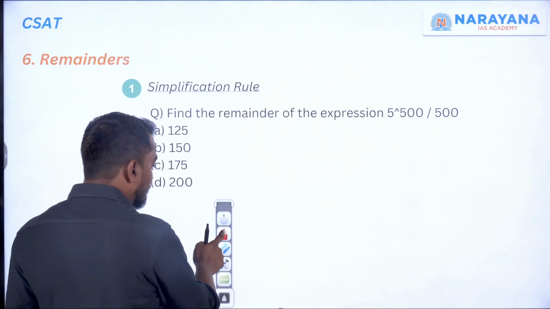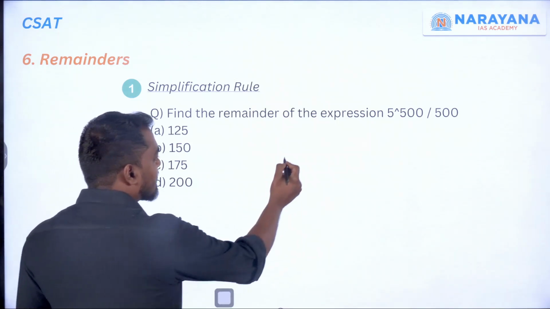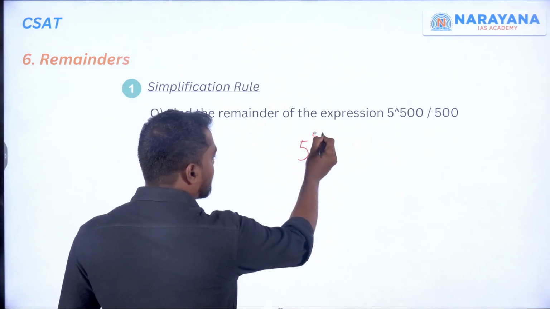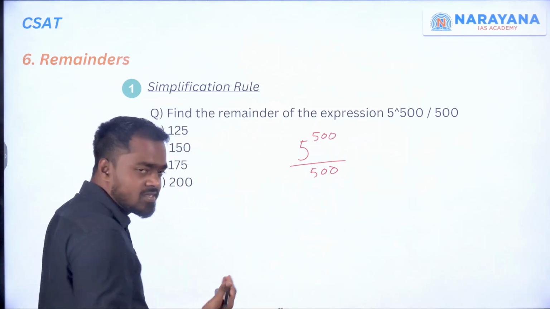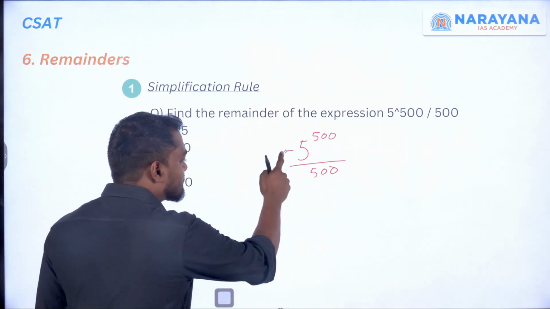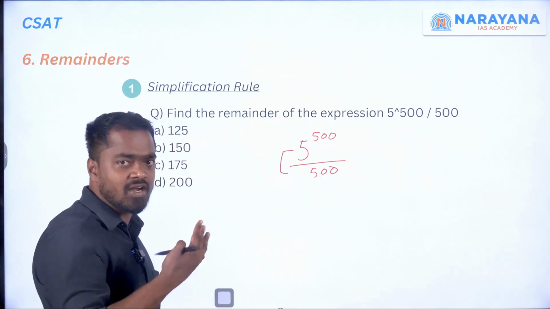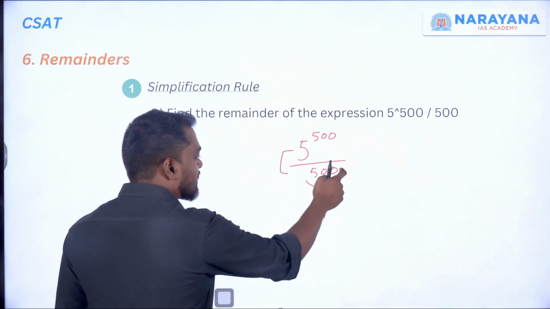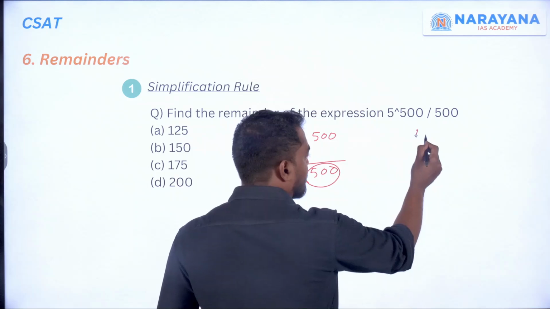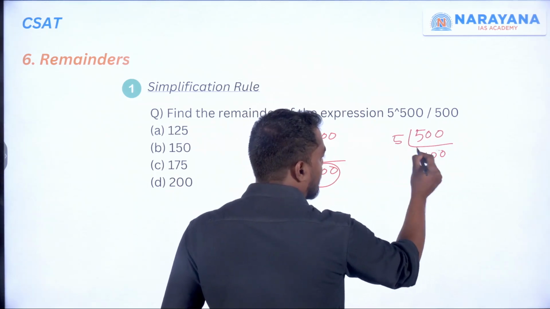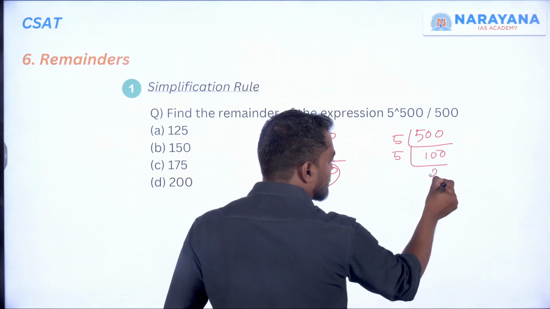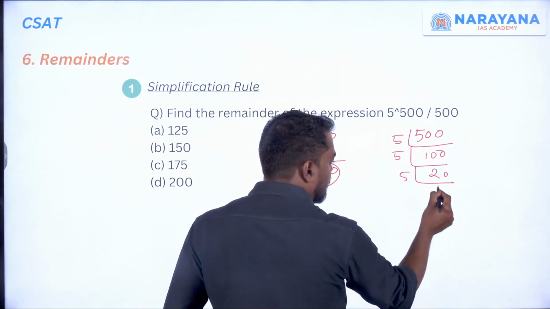Okay, let's solve this one. So what is the given expression? 5 to the power 500 divided by 500. Similarly, you have to find if there is any common factor for the numerator and denominator. So try to break this 500 in terms of 5. So 5 hundreds are 500, 5 20s are, and 5 4s are,